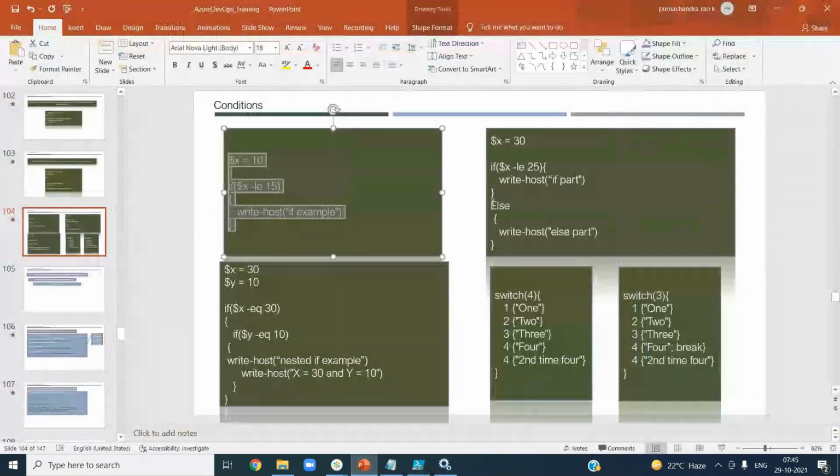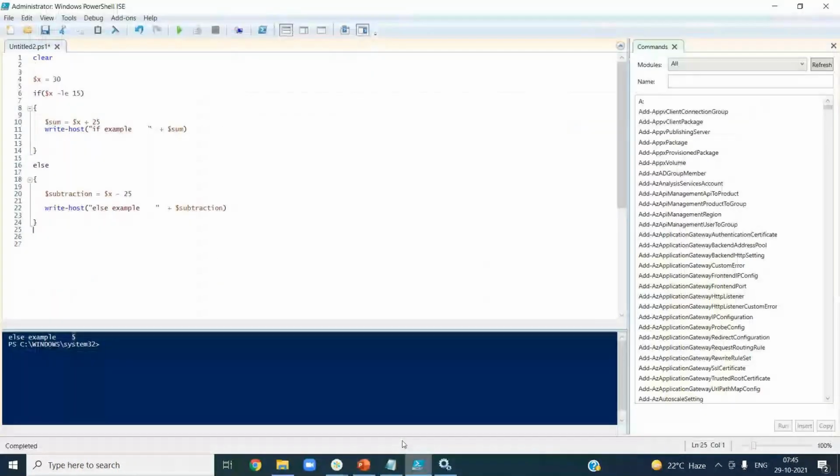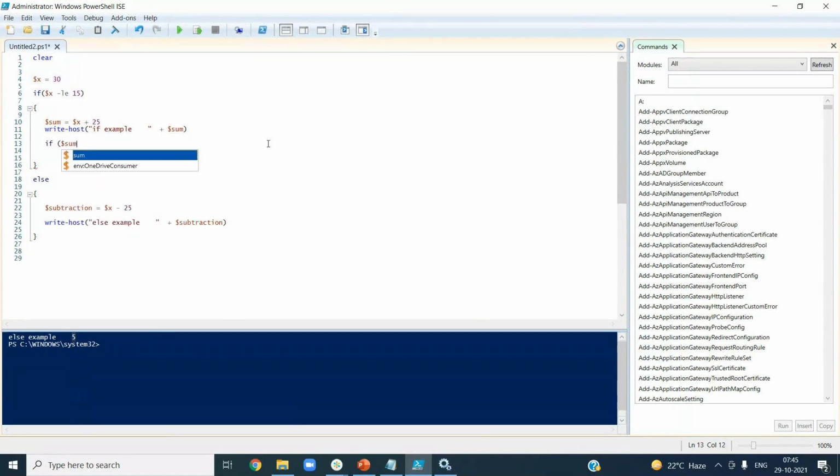You have the if condition, then the if else condition, and then we can have the nested if as well. Nested if means you might have some complex logic. Once you're done with the if condition and written some logic, inside that, based on this data, you want to do some more conditions as well. Let us say if $sum equal to 55, then